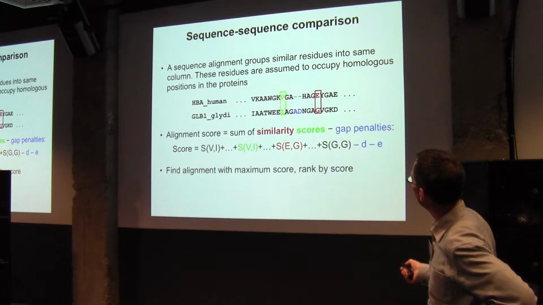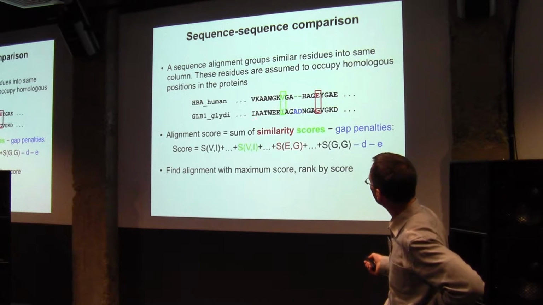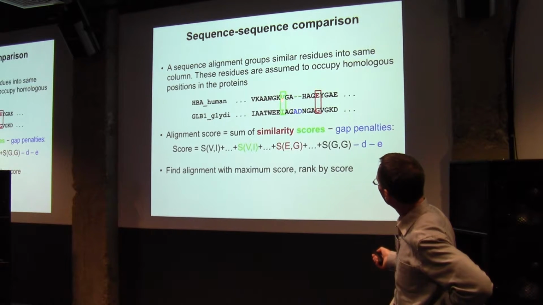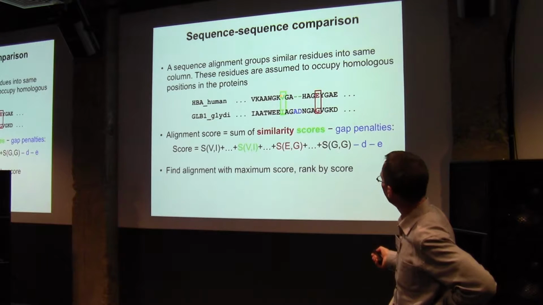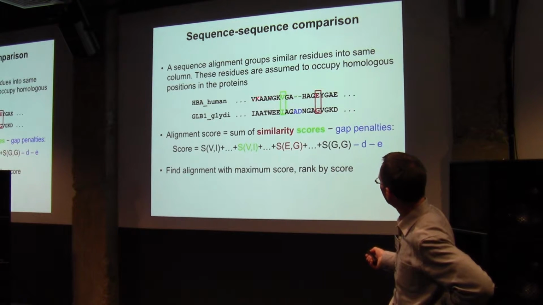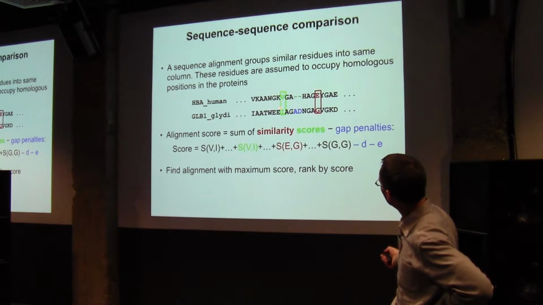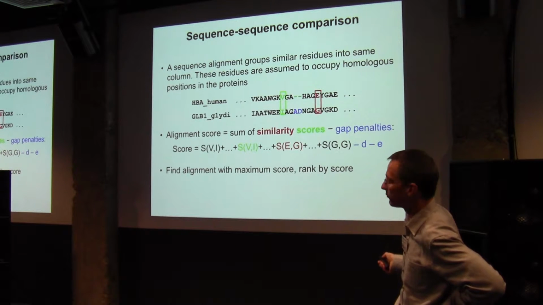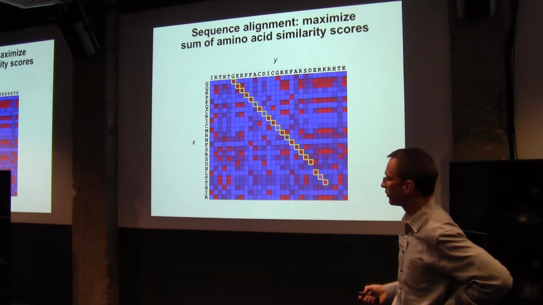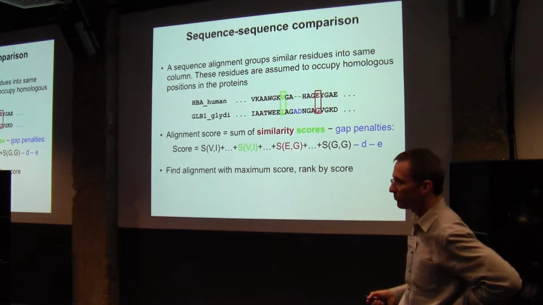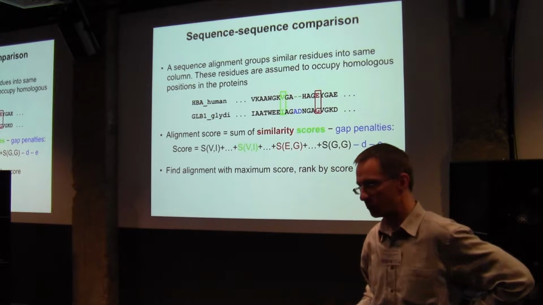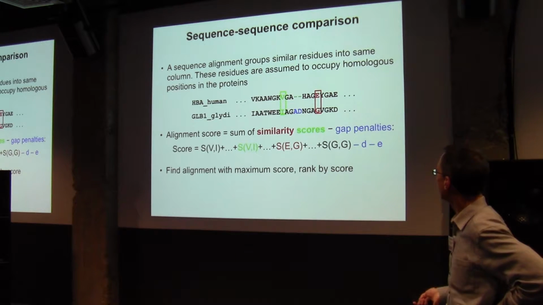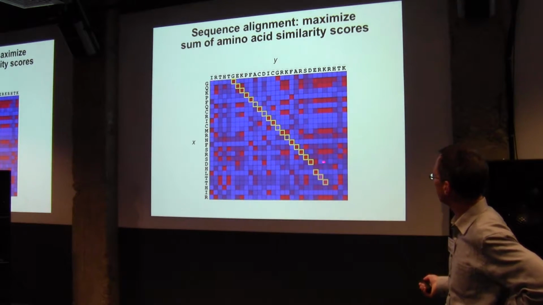And so sequence alignment is in principle a very simple thing. You have a certain similarity for each pair of amino acids, for example for the V and the I, and then if you find the right way to put them on top of each other, you can just calculate the score by summing up those pairwise similarities, as shown here, and then subtracting penalties for the gaps. There's an algorithm called Smith-Waterman, or it's also sometimes called dynamic programming, and it's a more general algorithm that can calculate the alignment that gives you the maximum score.